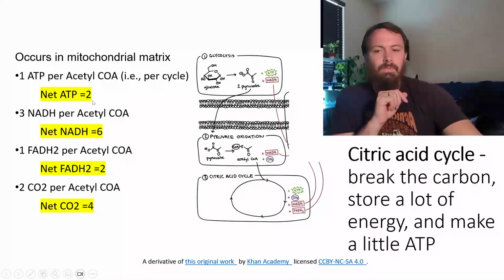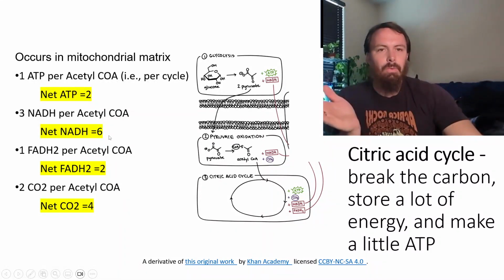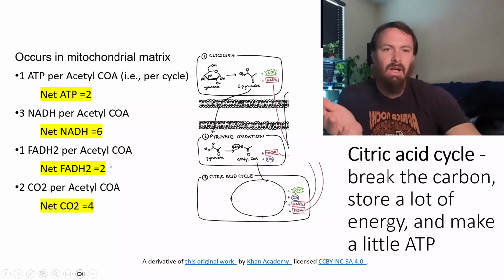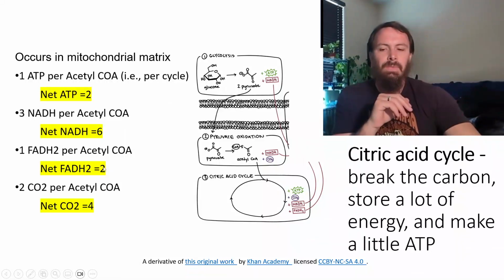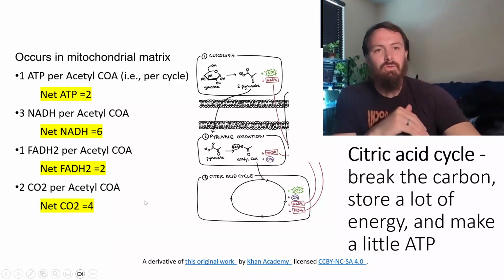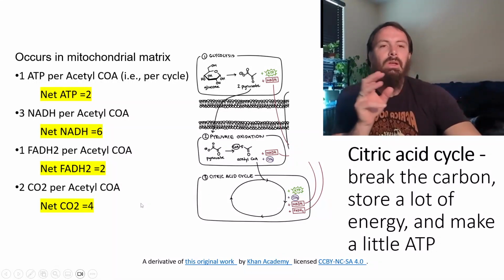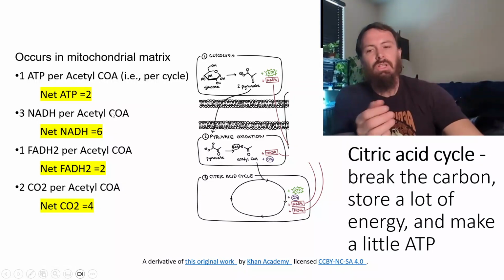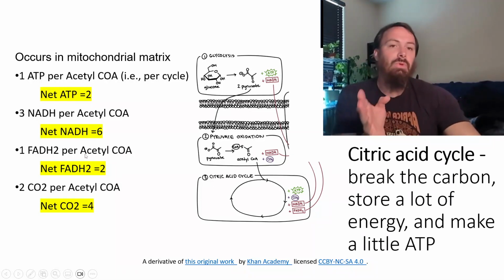2 ATP, so 1 ATP per acetyl-CoA, 6 NADH, 3 per acetyl-CoA, 2 FADH2s, which are just another high energy electron carrier like NADH. So you get 2 of those, 1 per acetyl-CoA, and 4 CO2, 2 per acetyl-CoA. So overall, you get quite a bit of production out of the citric acid cycle. So it's a pretty useful chemical cascade that's producing a lot of energy. Either energy in the form of ATP or high energy electron carriers that we're going to use later on to